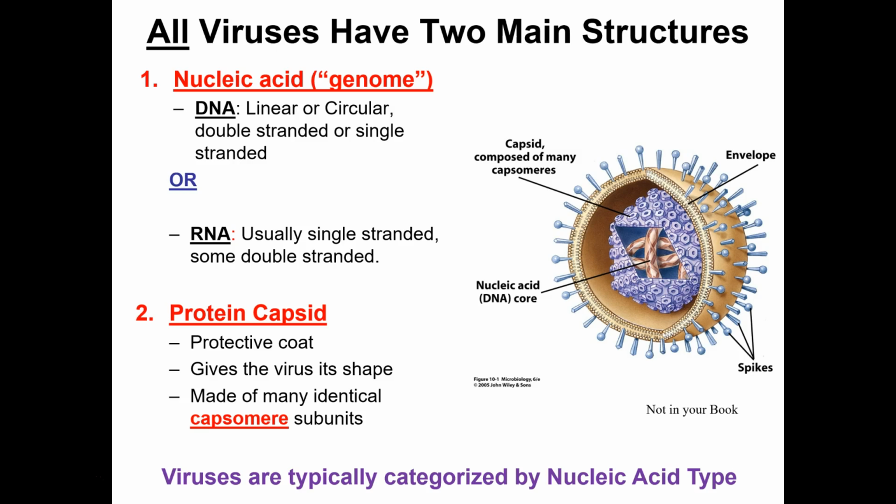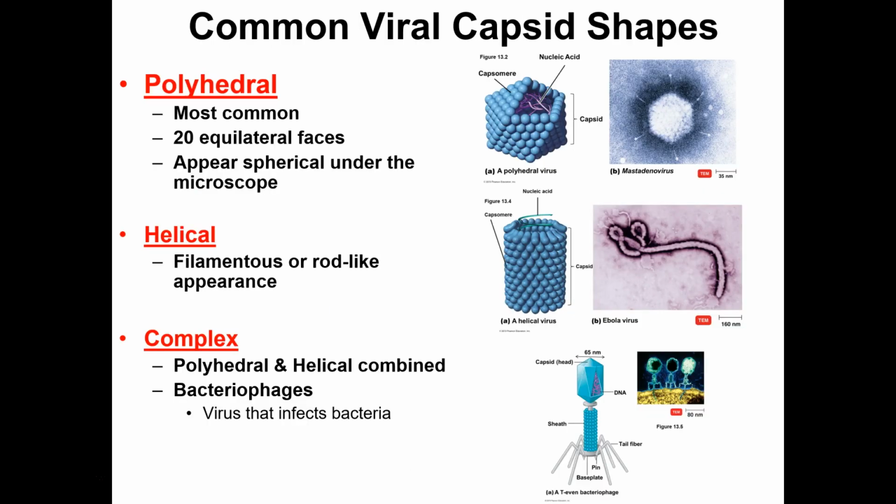Now, where they're all the same is that coating, that capsid. This protein coat is always made up of the same protein, capsomere. All viruses have capsids made of capsomeres. It's not particularly exciting. Now, something that is kind of interesting regarding that capsid: depending on how those proteins are organized, there are 3 major shapes.